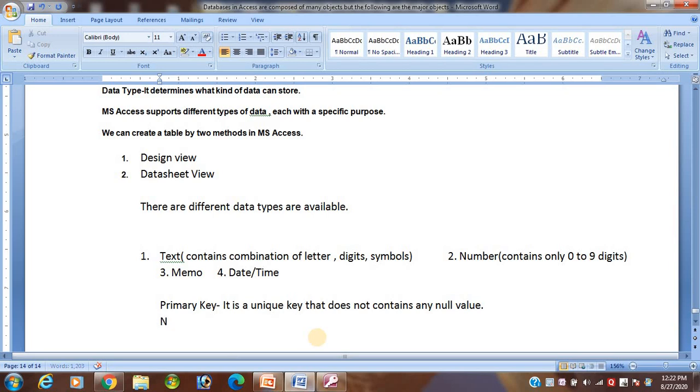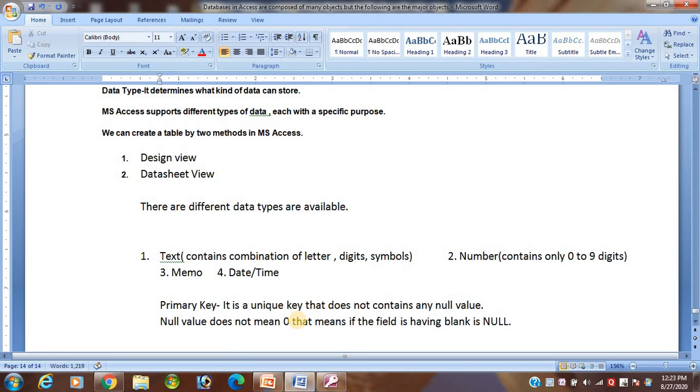Student, another thing, null value does not mean 0. Null value does not mean 0. Okay student, that means if the field is having blank, it is null, remember this one.